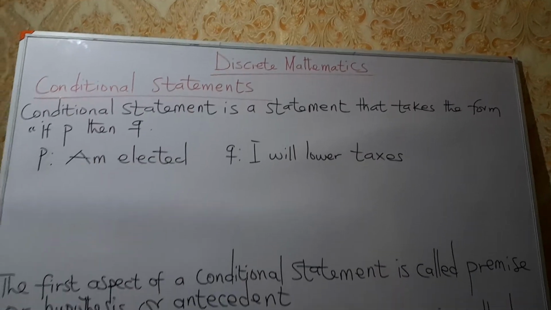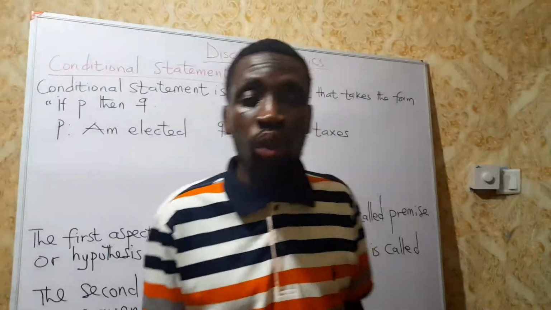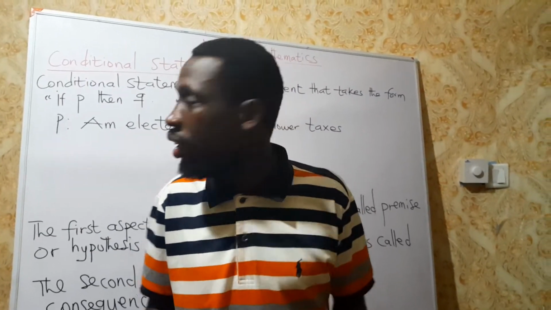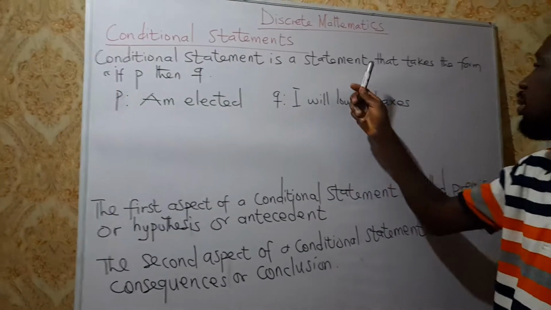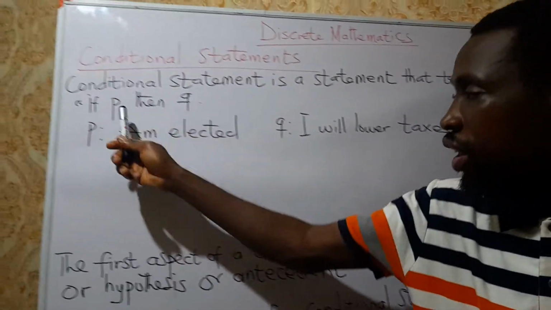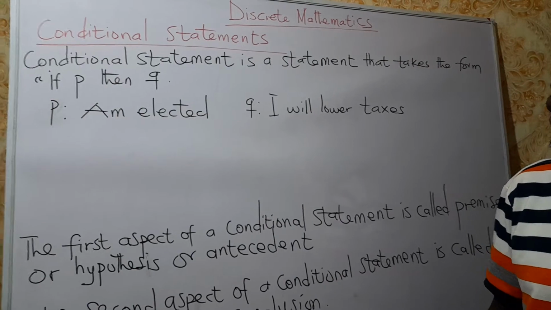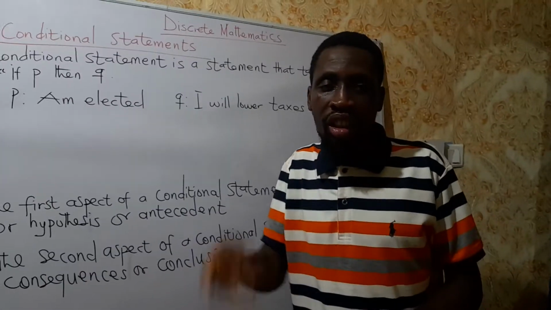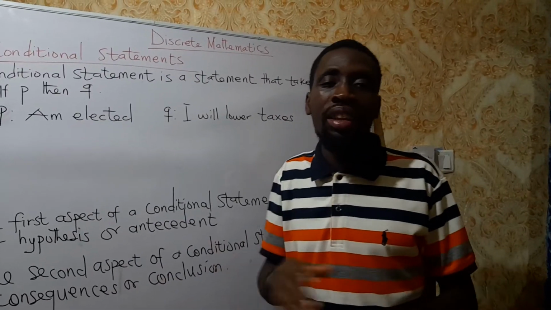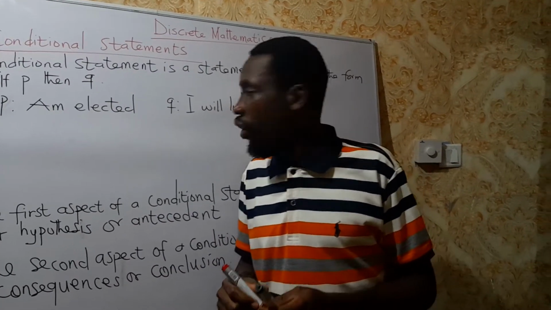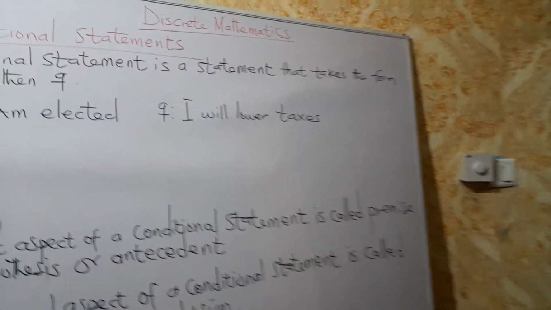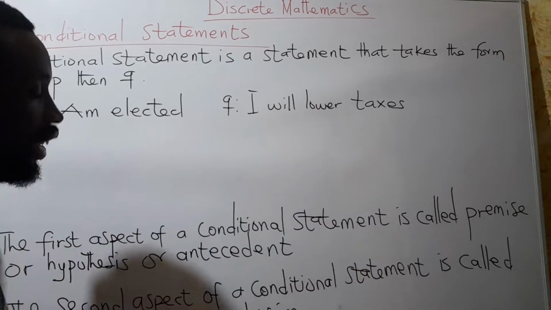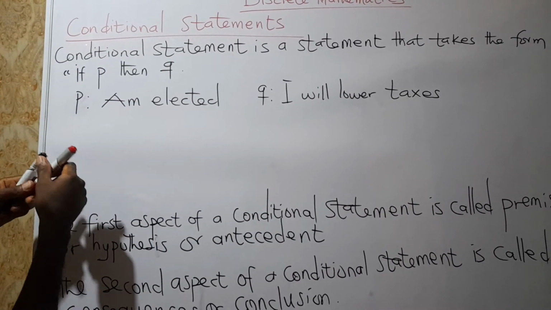So our first stop is a conditional statement. When we say a conditional statement, which statement do we refer to as a conditional statement? A conditional statement is a statement that takes the form if P, then Q. So if you have any statement that takes the form if P, then Q, then that statement is a conditional statement. For instance, I have two statements on the board. P is I'm elected. Q is I will lower taxes. Then the conditional statement